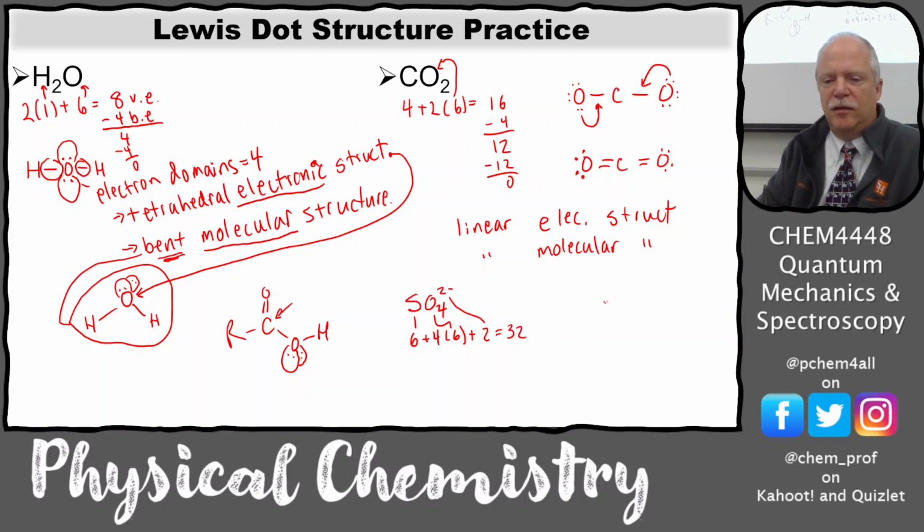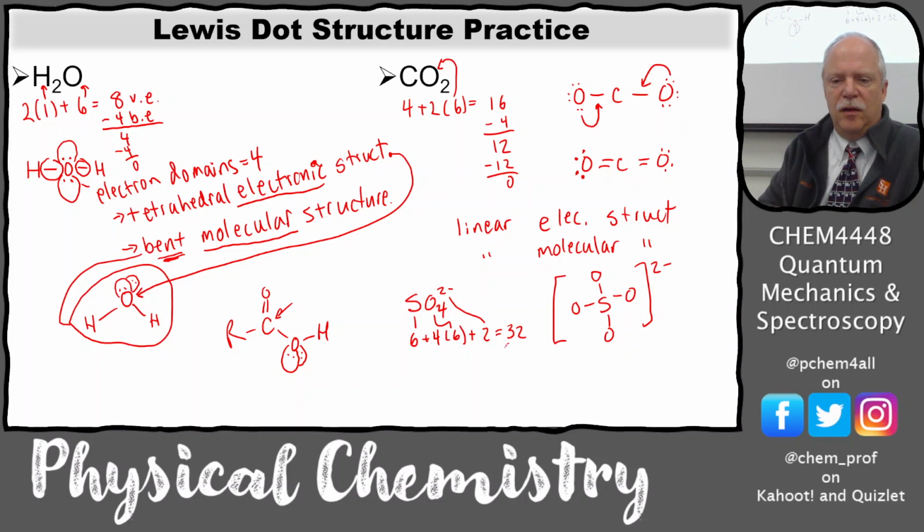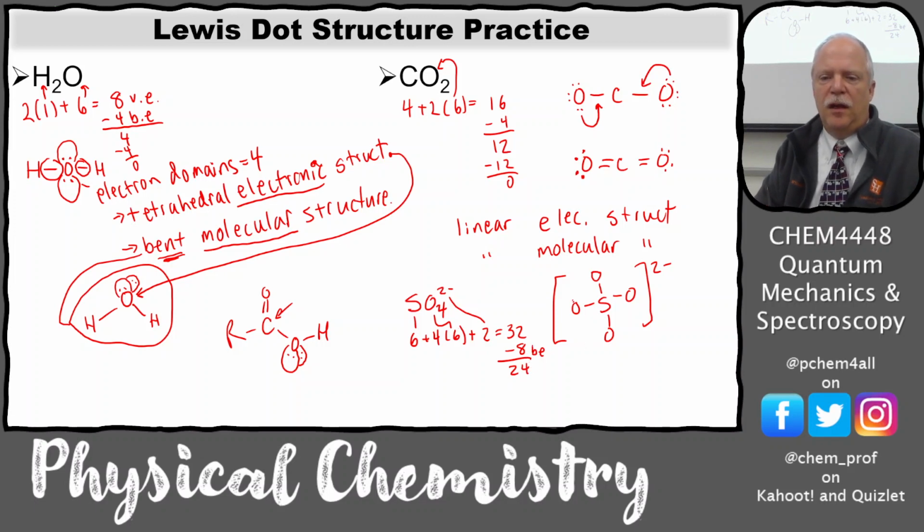So let's make the single bond network. Put a bracket on there and call it 2 minus. Okay, so we've used up 2, 4, 6, 8, so minus 8. So we have 24 electrons left, so 8 bonding electrons, and then we have 24 left over. And that works out because we need 6 on each oxygen to fill out the octet, and 6 times 4